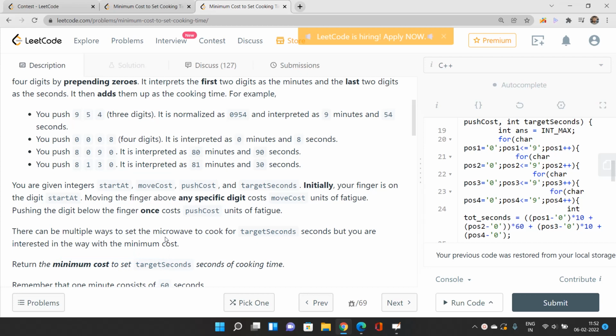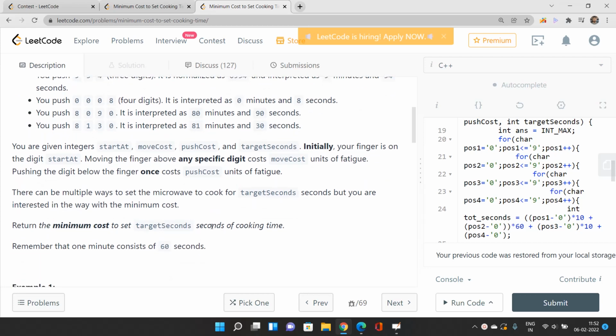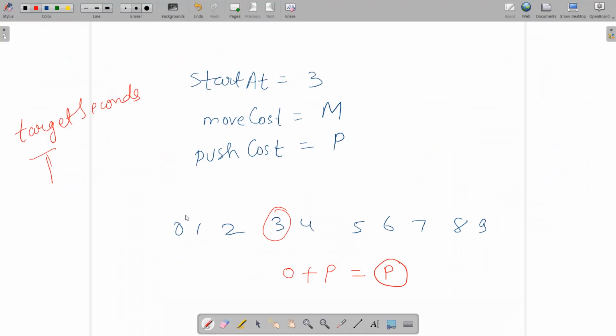Return the minimum cost to set the target seconds of cooking time. Remember that 1 minute consists of 60 seconds. Let me explain what this entire thing is about. You would be given capital T, the target seconds which you demand that the microwave should cook for, and you would be delivering various strings